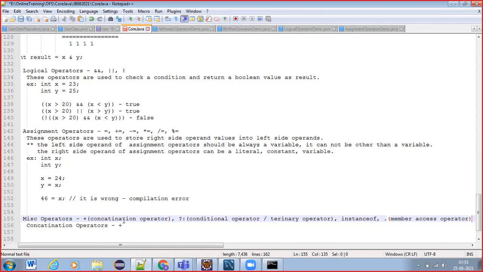Tomorrow we'll discuss all these miscellaneous operators and how we make use of these operators in our applications. Okay,